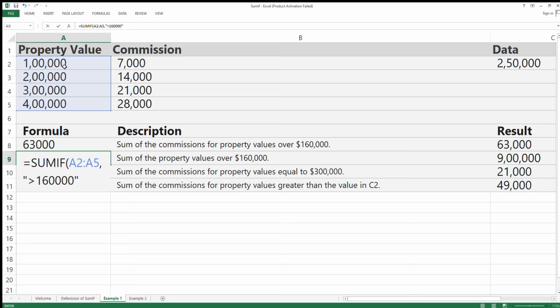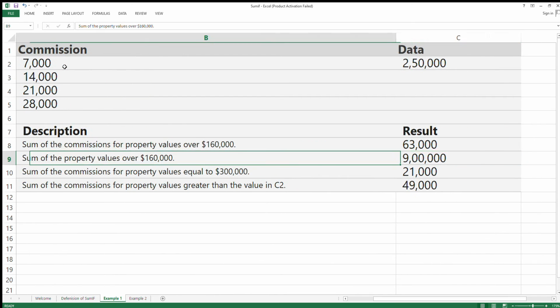So in this case we don't have to give it again, we can just directly close it from here and just enter, then we will get the value. See, 9 lakhs. If you just see from here also, only one of these three is more than 1,60,000, so it is coming as 9 lakhs, and the result as per here is also 9 lakhs.